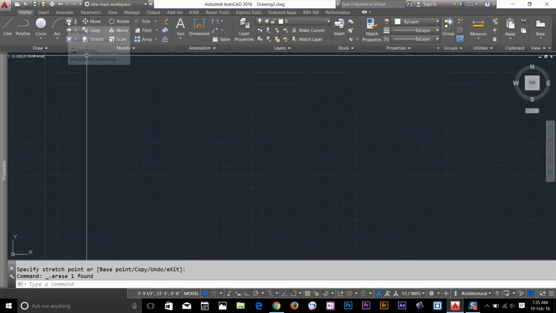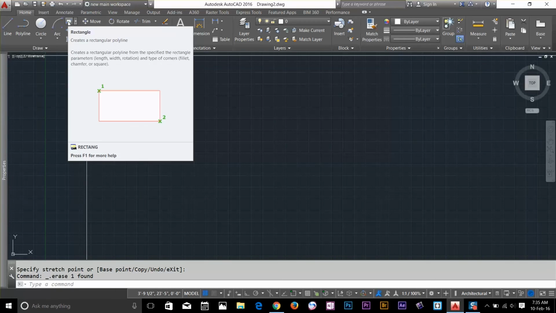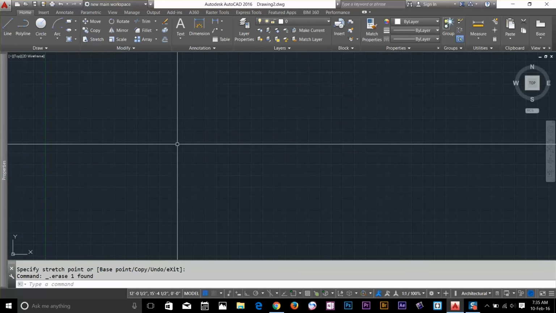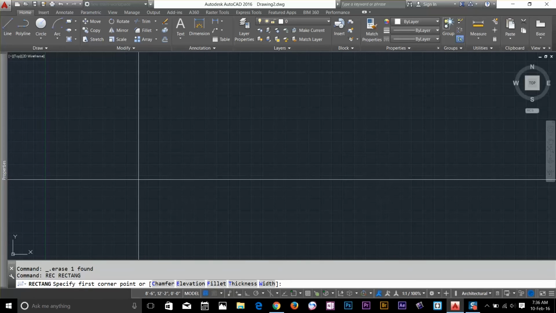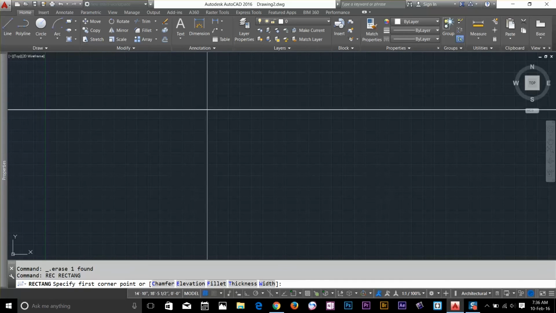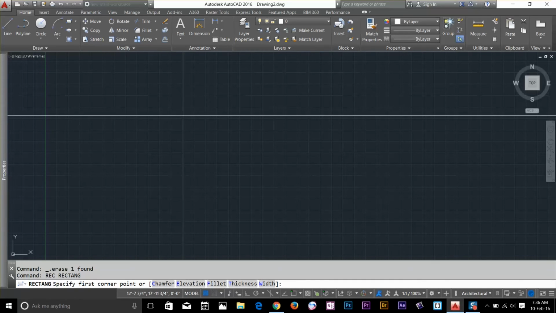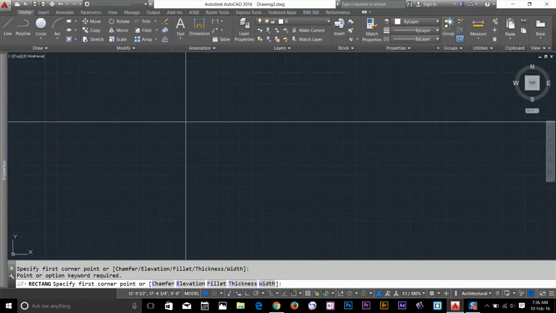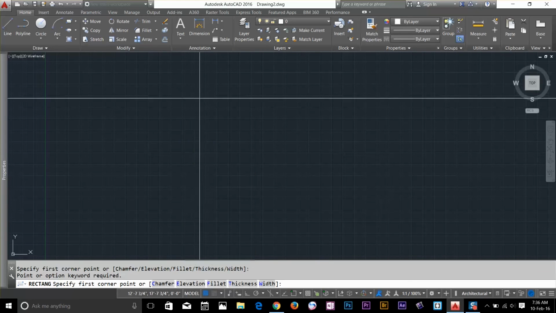So I'm gonna delete this arc, and select the rectangle again. I can type REC to turn on rectangle. And now before I specify my first point, as you can see, I've got a few options here: chamfer, elevation, fillet, thickness, and width. So if I press down arrow, right click,